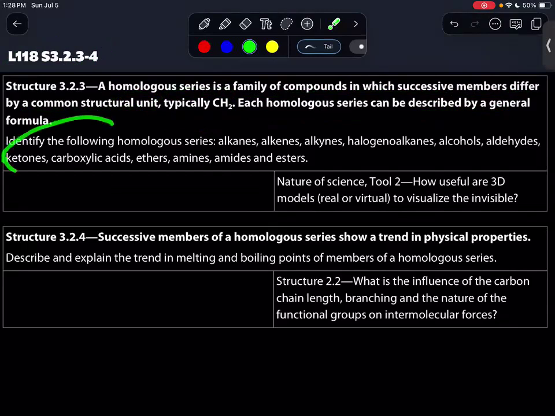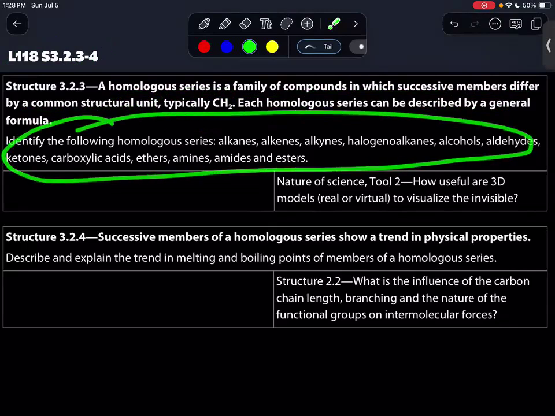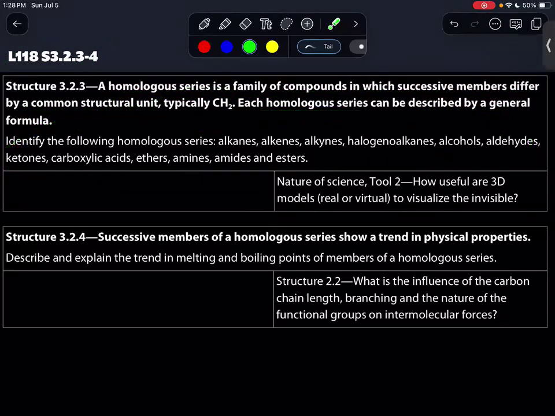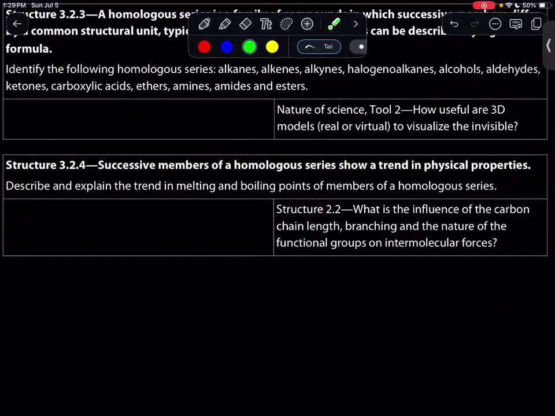We'll be able to identify the following homologous series, and it's all the functional groups from the previous video. Furthermore, we'll briefly discuss how successive members of a homologous series show a trend in physical properties. We'll mostly be looking at boiling point here, but we'll also take a look at melting points too. So, with that said, let's go ahead and do a little reminder from the previous video,